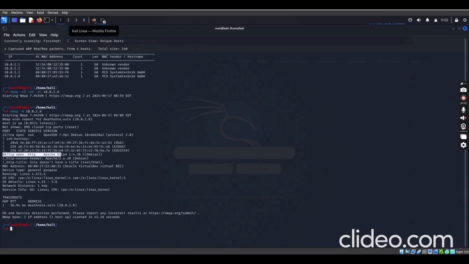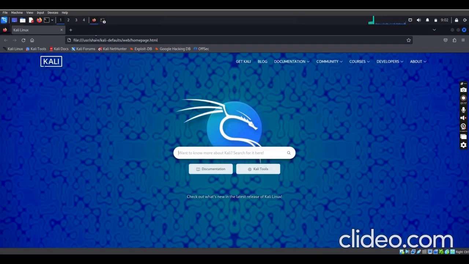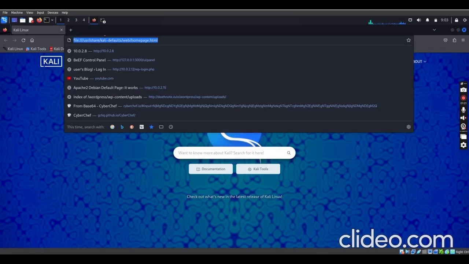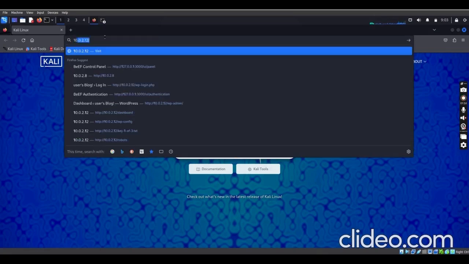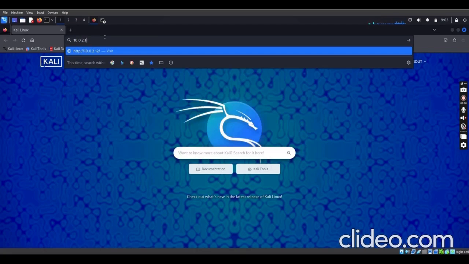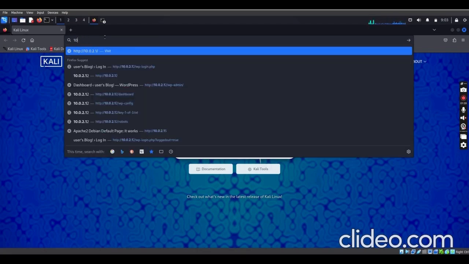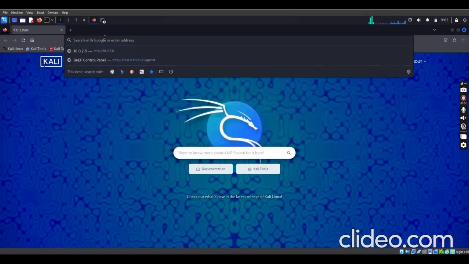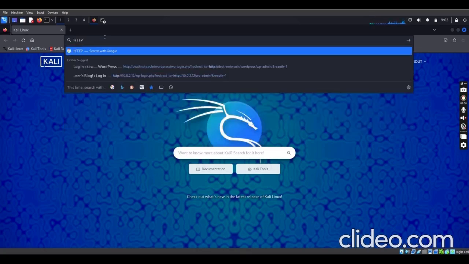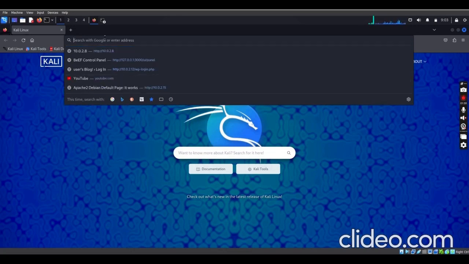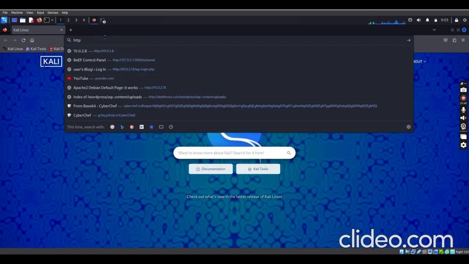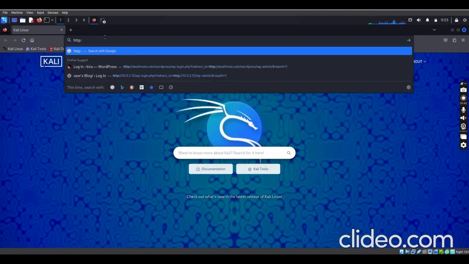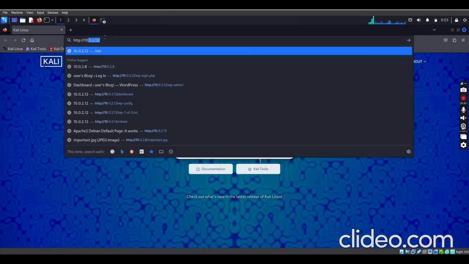So I'm going to open my browser, then navigate to the IP. Oh, sorry, it's in capital letters. HTTP colon slash slash the server IP, and see what it gives us.